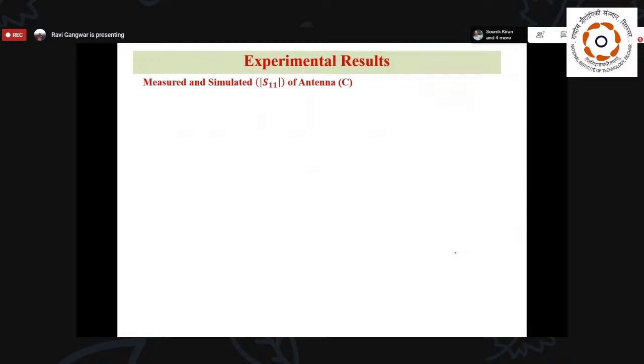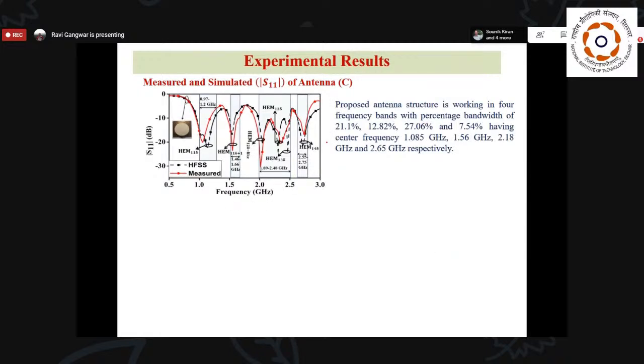Now I have fabricated this structure and measured it. Then I found that I am able to generate these 4 different bands, with 6 different modes energized here. But again, you see that HEM12 delta like mode and HEM113 delta and HEM12 delta are very near modes, very near one. So that's why the mode merger technique is implemented here, so we are able to get one wideband structure. Otherwise, we would get 6 different bands due to the 6 different modes inside the structure, but they are very close to each other. So that's why we get one wideband response in that particular band.